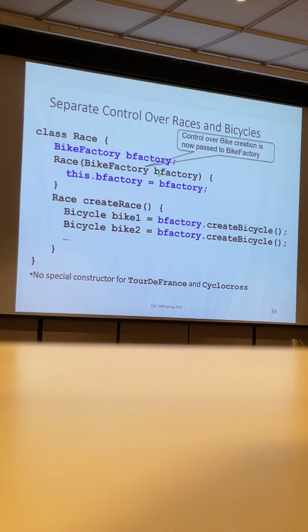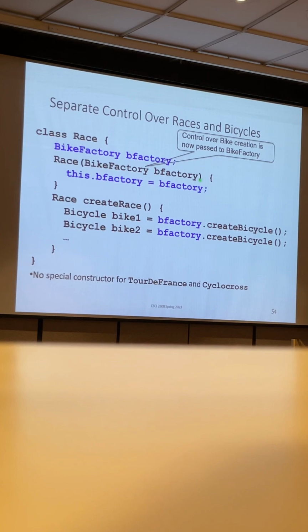So what this B factory is, is now not known until the client decides to instantiate a race. Now the client will be responsible for creating a bicycle factory, and it has to do so before it instantiates a race,